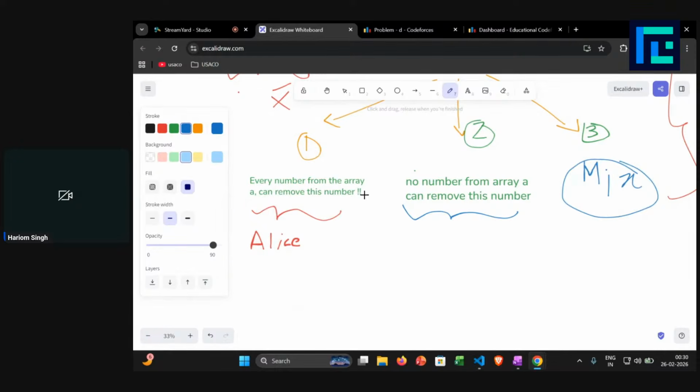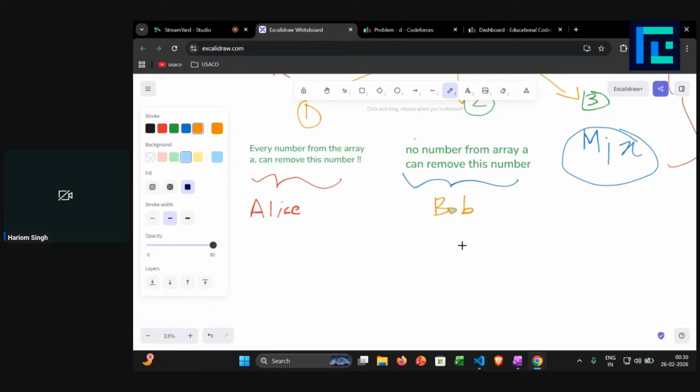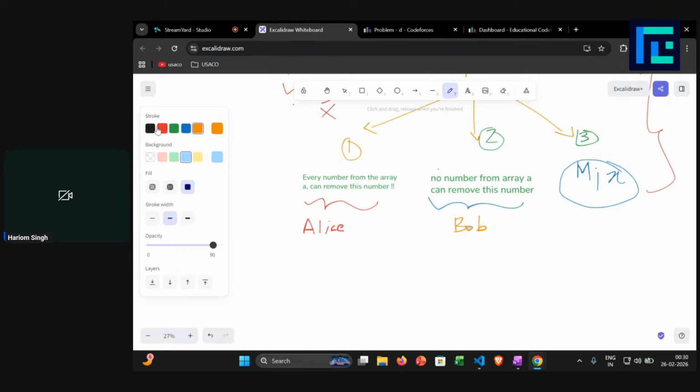So we can notice that this number can only be removed by Bob, right? And what about the third type? The third type tells you that it is removable by some numbers from the array A and it is not removable by some numbers of the array A. So either Alice or Bob can remove it,